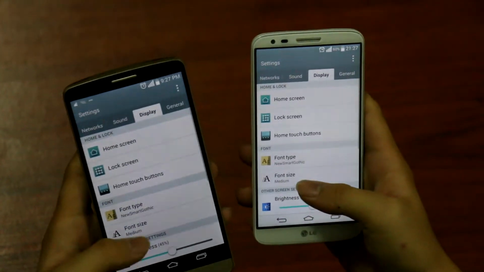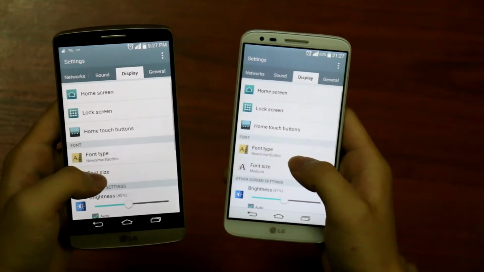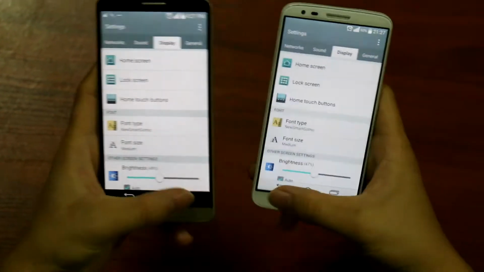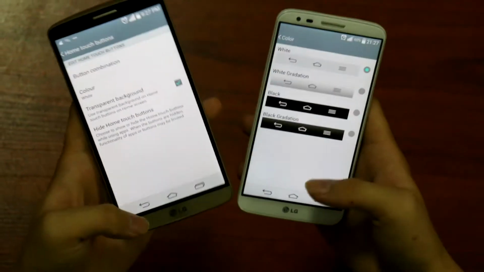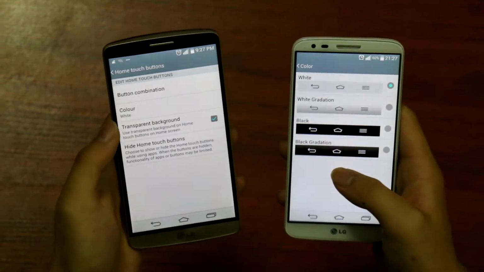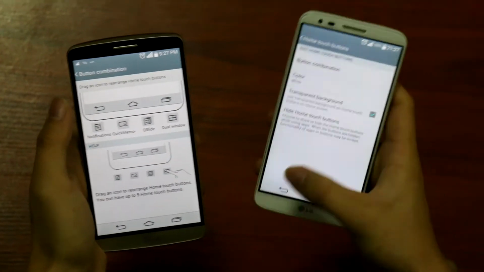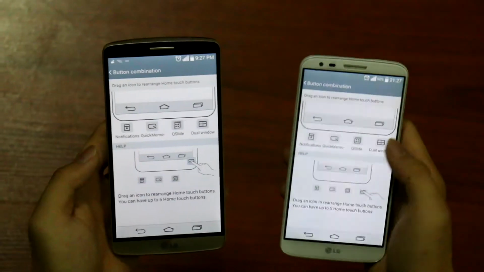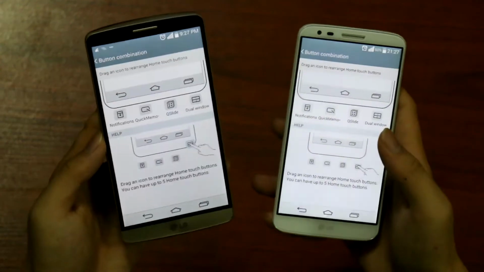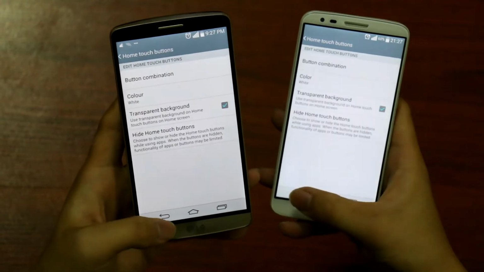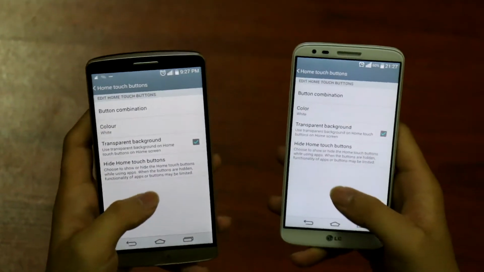Next we'll be talking about the home touch buttons, which are the navigation buttons here. You can set the colors, of course. I can set it all to white. And button combinations, now you can set button combinations. That's great. You can put it here, but I don't really like it. And now you have the ability to hide the home touch buttons, which is the navigation bar, on